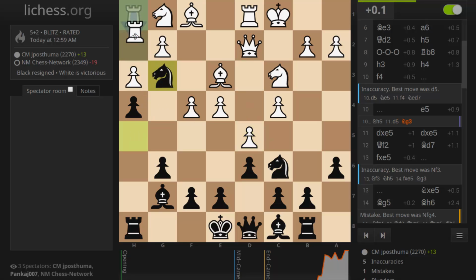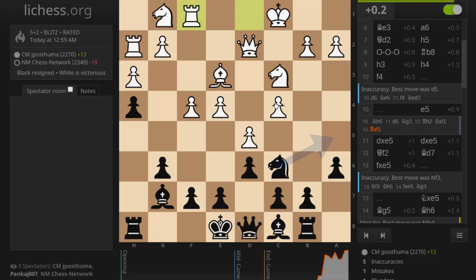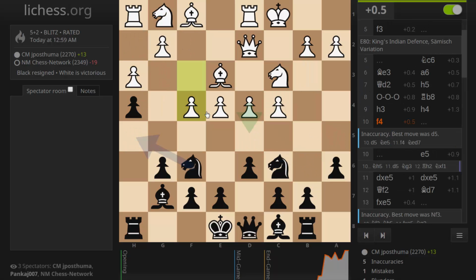Okay. Knight there, rook here, takes. Interesting. I have this move, and there's no time for this, because I'm on c4. I didn't see this idea in the game. Knight h5 is threatening knight g3. I'm not winning material,